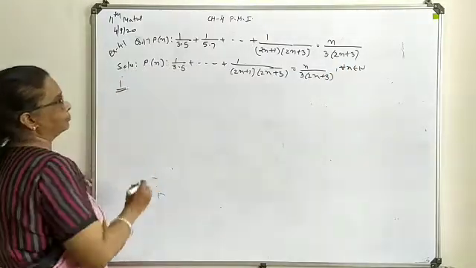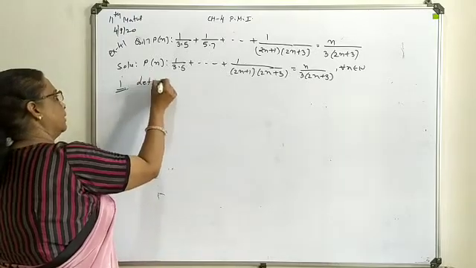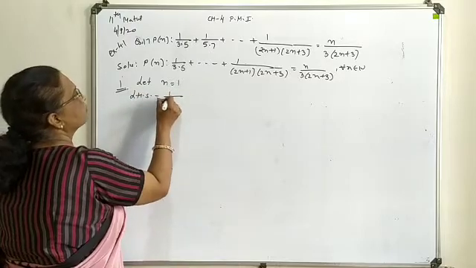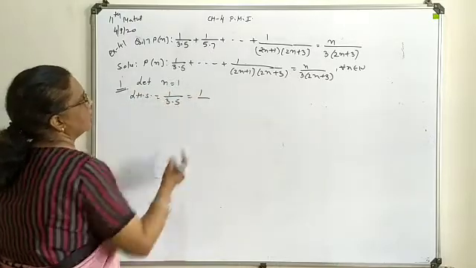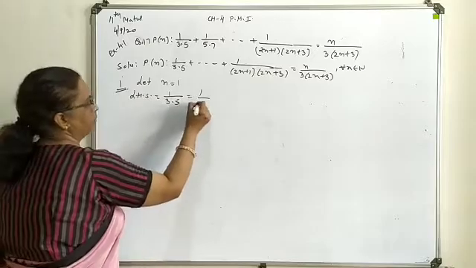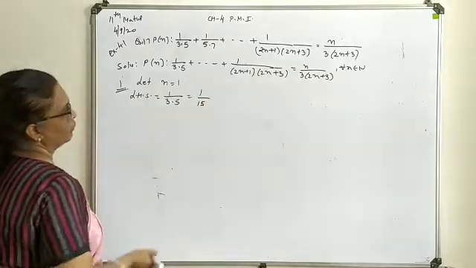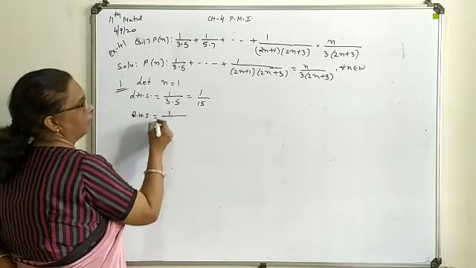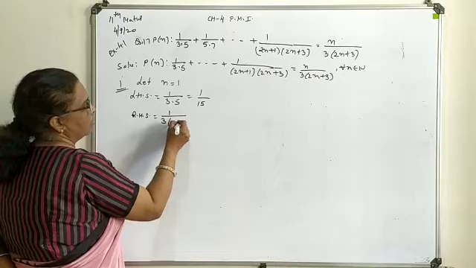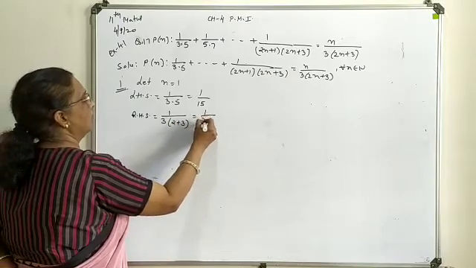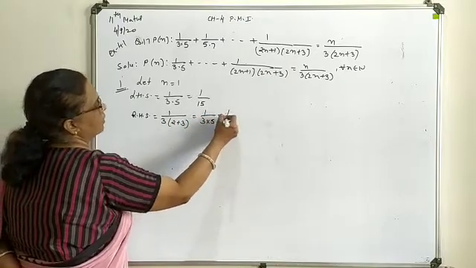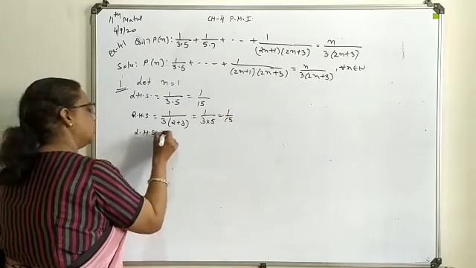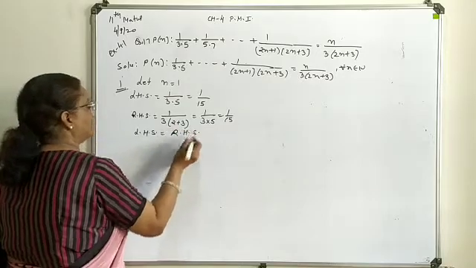First step, let n is equal to 1, left hand side. These two are the multiple forms of 1 by 15. Now move towards the right hand side solution. 1 upon 3, 2 plus 3, this is 1, 3 into 5 means again it is 1 by 15. So here we can say P1 is being a true statement form.